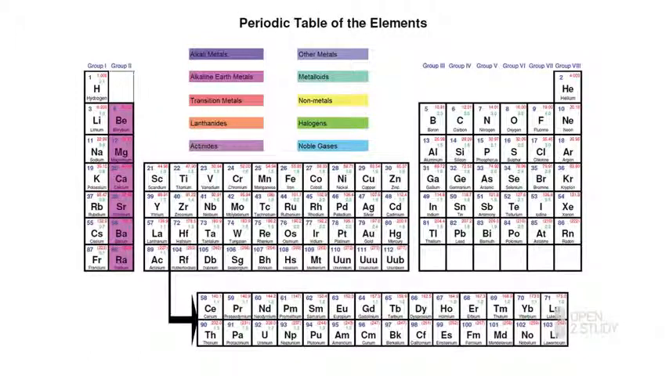We don't call the columns columns, we call them groups. So here I've highlighted a group for you. There is a little bit of debate about the right way to number the groups. That has changed over the years. The current international system that's being recommended is that they are simply numbered 1 through 18 across the top of